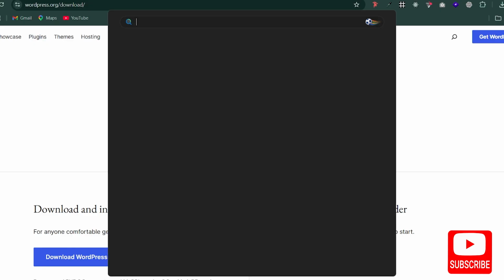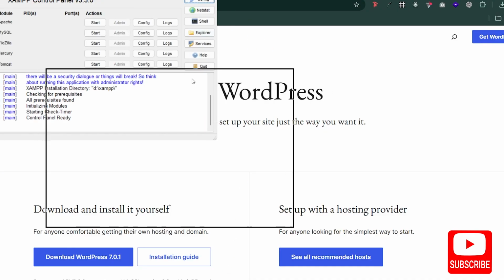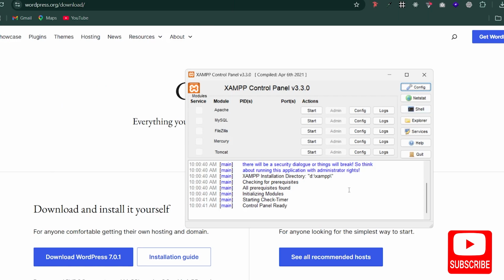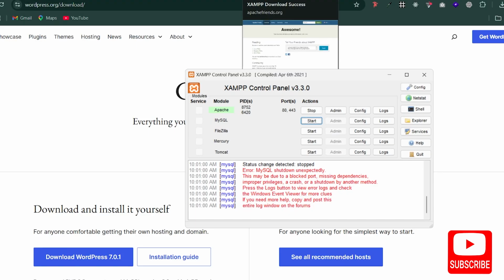So you are going to launch the XAMPP control panel. That's what you call it. When you launch your XAMPP control panel after installation, we need Apache and MySQL. That's all we need to set up or start working with WordPress. So you can start this here, start this one as well. And we are going to our folder,